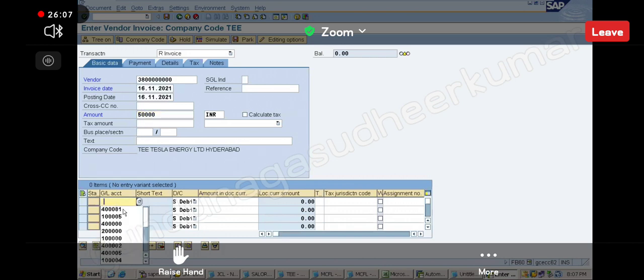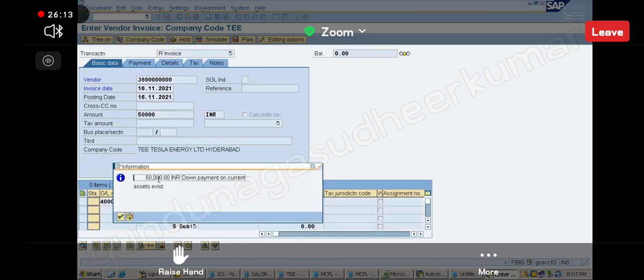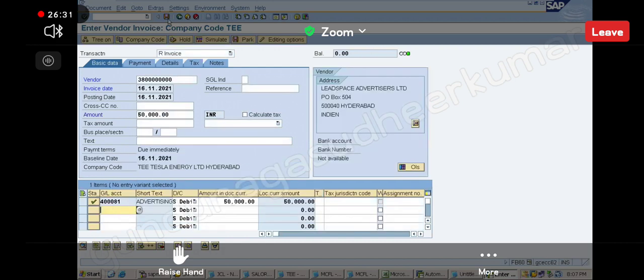Then here I will give 40081, put star here, correct? Okay, so it is saying 50,000 down payment is there. Okay, 50,000 down payment. Is it correct or not? Yes, correct, sir. Okay, so now save, yeah?